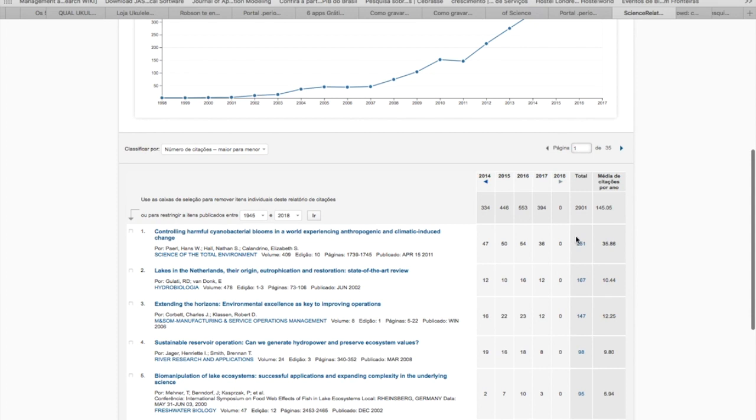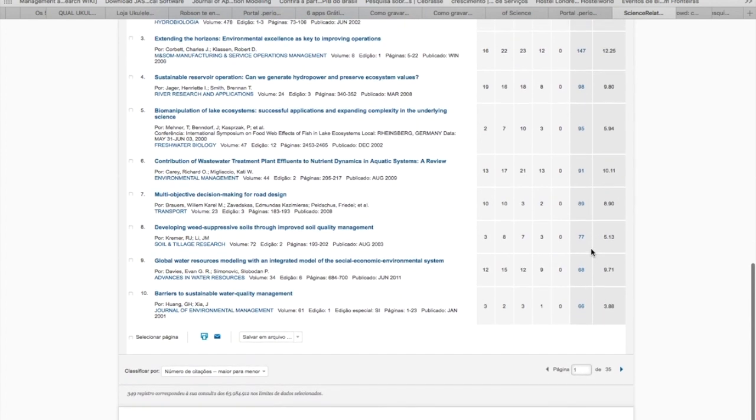Then comes the second, and it's important to remember that the database will never replace common sense. Why? Because sometimes you have keywords that are not the most appropriate and end up bringing results from other areas. So I always advise students to look closely at the titles to know what can be used and what cannot. What cannot be used, you withdraw. If most of the results do not have much to do with what we are studying, I'm going to ask you to review your keywords.